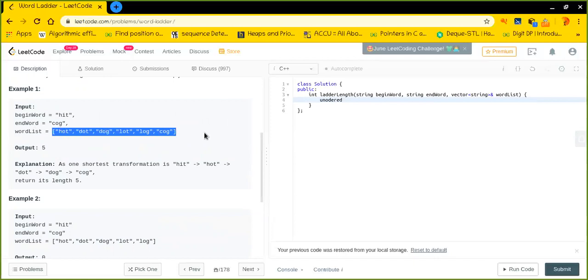Every string should be a unique string. I am also declaring a set which is visited, just to make sure that I do not consider a string which was already taken, which was already visited, otherwise.